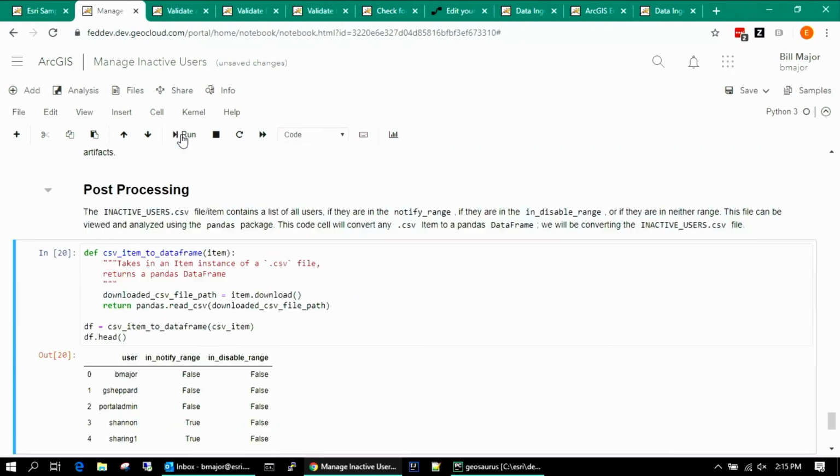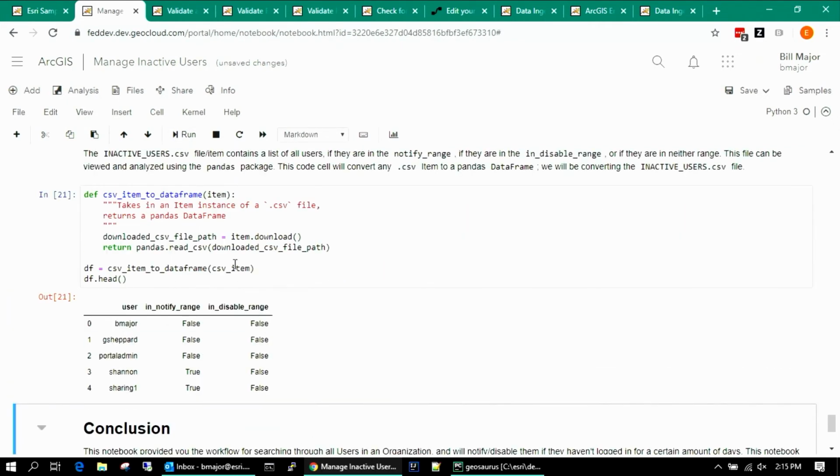Now we can keep going for a moment, so we can just look at that same information in a pandas data frame just so it's easy to visualize, okay? So that's cool. So we had 2 users that were in the, hey, I'm gonna notify you that you haven't logged in within 15 days, but no one in this case particularly fell in the disabling range, all right? So what happened as a result of this? Well, you might have noticed that